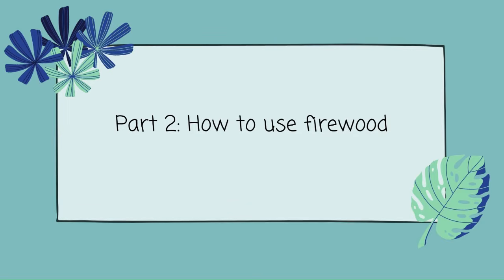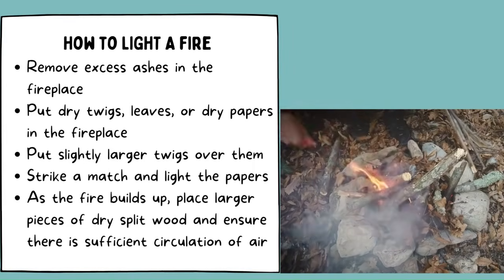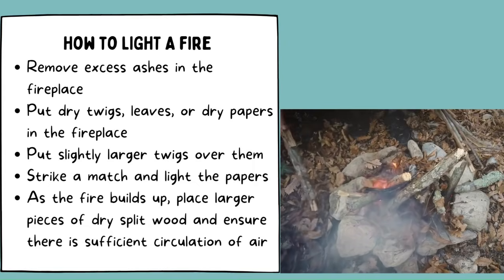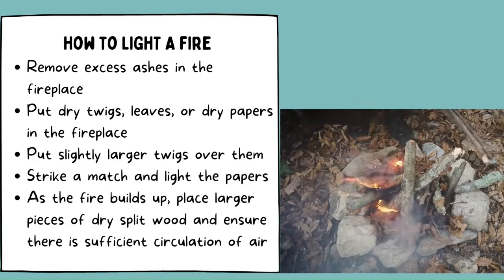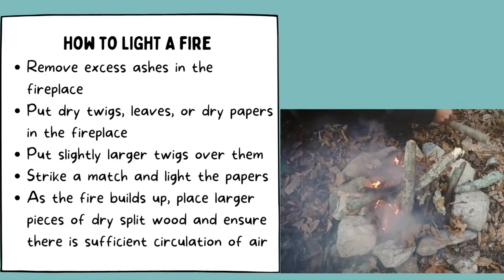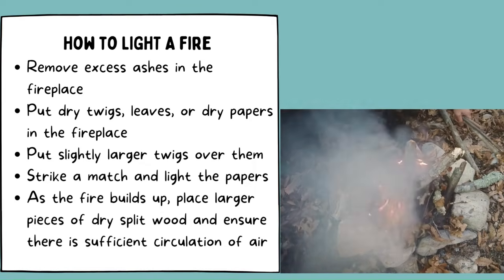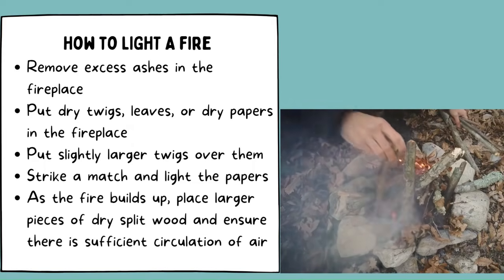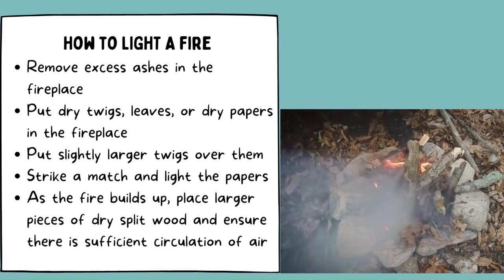In this lesson, we'll look at how to use firewood. And before we even use the firewood, we need to know how to light a fire. So how do we light a fire? First, remove excess ashes in the fireplace. Second, put dry twigs, leaves, or dry papers in the fireplace. Third, put slightly larger twigs over them. Fourth, strike a match and light the papers. And fifth, as the fire is building up, place larger pieces of dry split wood and ensure there is sufficient